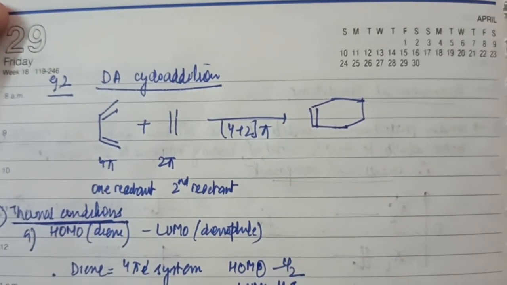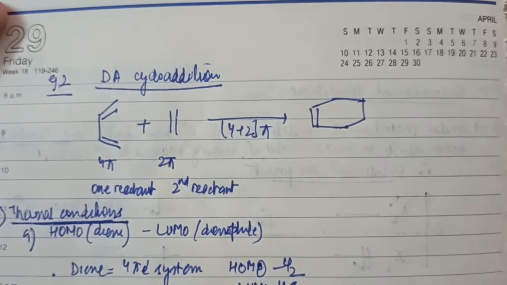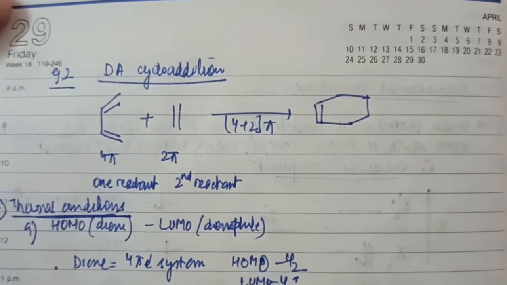I already know from my OCD approach and the selection rules that the Diels-Alder cycloaddition reaction is a thermally allowed reaction. If it is thermally allowed, obviously I'm talking about the reaction conditions in which the stereochemical mode is supra. Here, with the help of the FMO approach, I'll try to work out all stereochemical modes and check the reaction condition. Okay, let's get started.